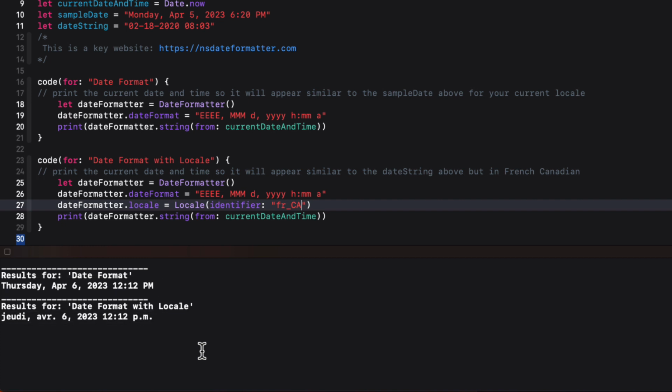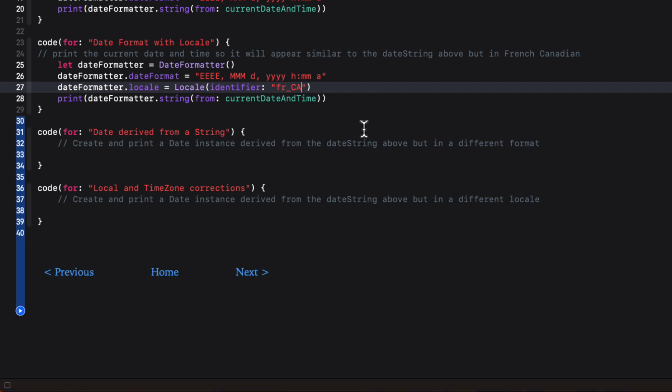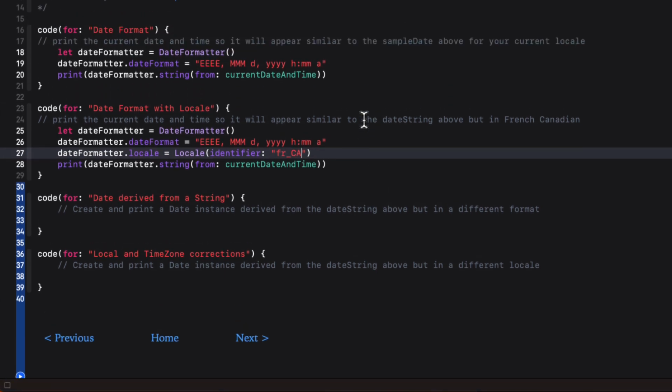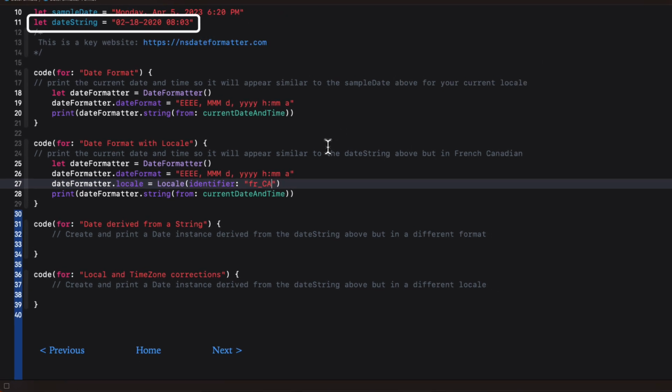Now, you may be getting dates stored in some database that may have been stored as strings. And if you want to do any date calculations or display the dates differently in your views, you need to convert those strings to date objects. And this is the reverse process to what we just did. For example, consider this date string from my top set of examples. If I can find a format that matches this presentation, I can convert it from this string representation to an